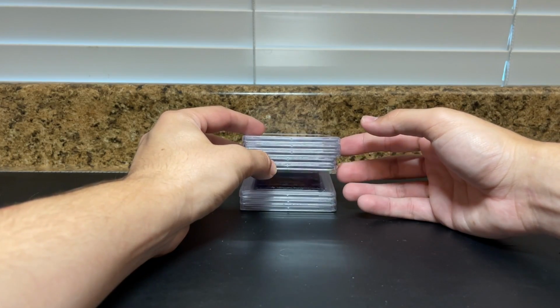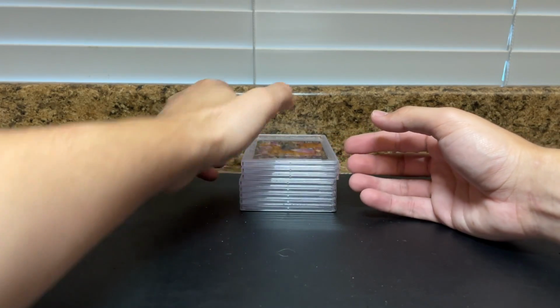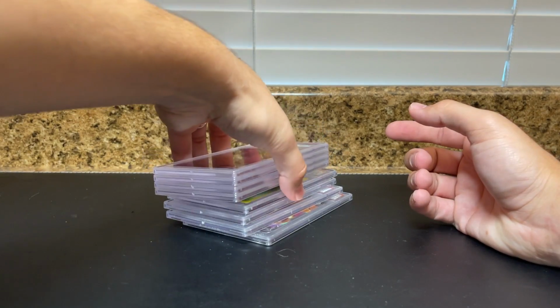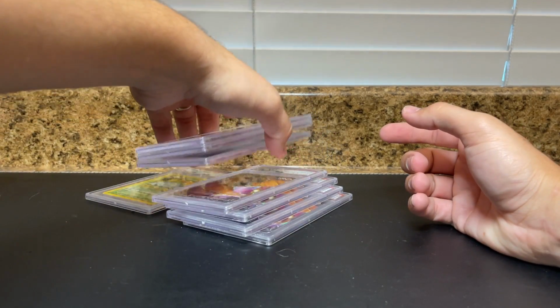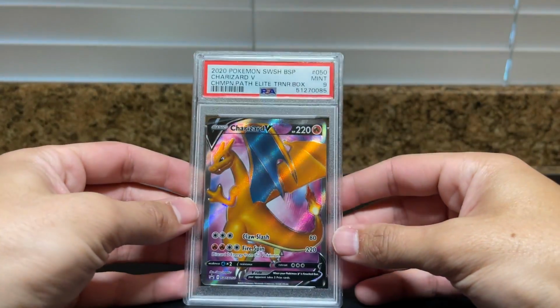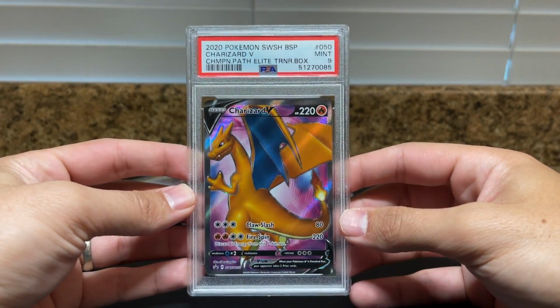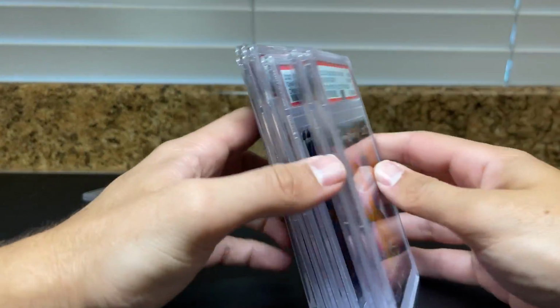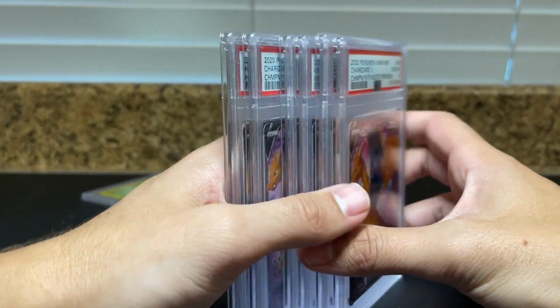Oh, well, this is what we're going to finish on. Wait, we got that. We'll finish with that. We'll start with that. All right. Got a 9, Champion's Path, Trainer Box, cheap, go out and shop. And then 3, 6,